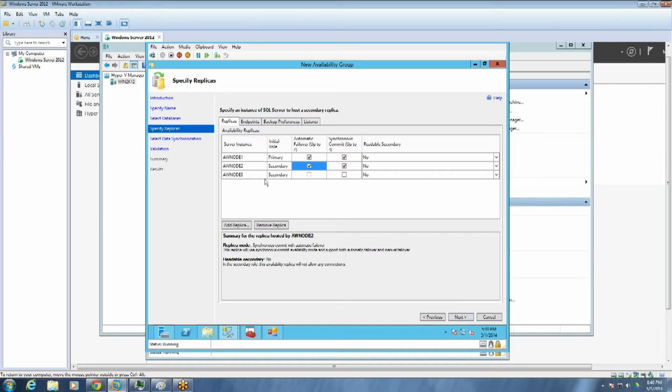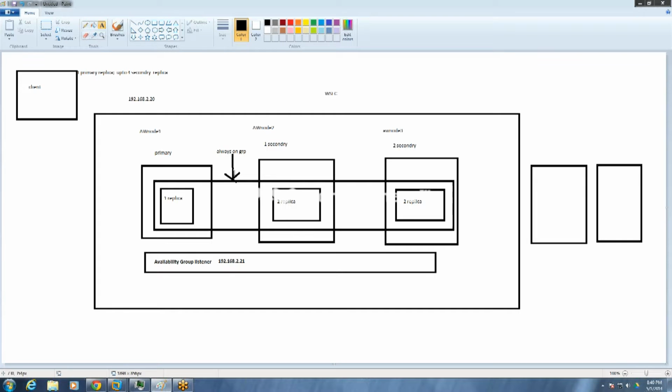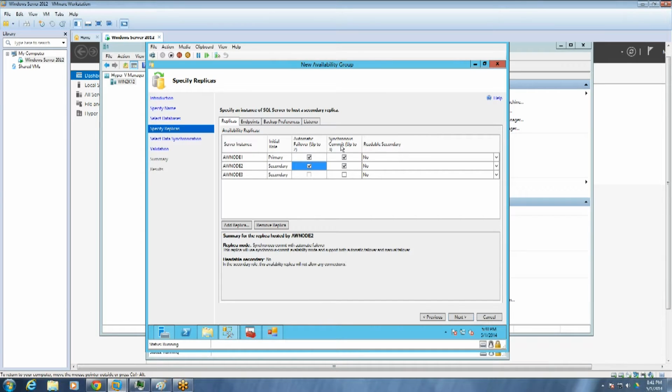If you want to make your third one, as I was telling you, one secondary can be synchronous and another can be asynchronous. You can check that over here. If I go back in there, you see synchronous commit. You can make up to 3, and that's the maximum value. That can be a question in an interview: what is the total number of replicas you can make synchronous? We can add 2 more secondaries, but we cannot make them all synchronous. At a time, in a particular availability group, we can set up at most 3 synchronous commits.